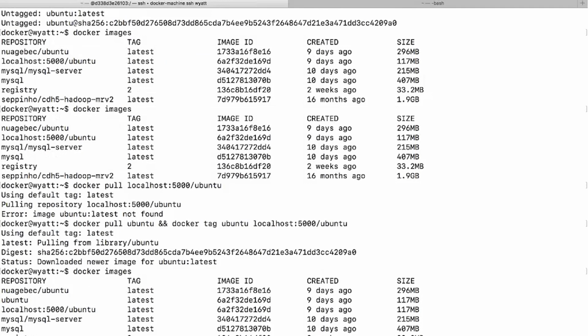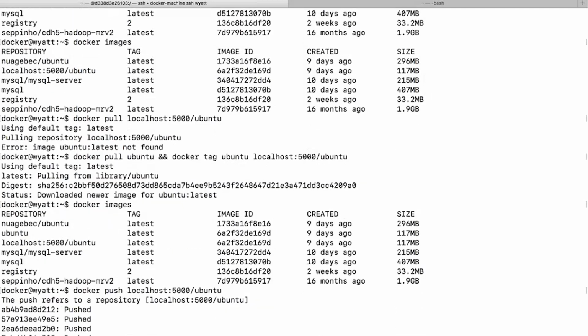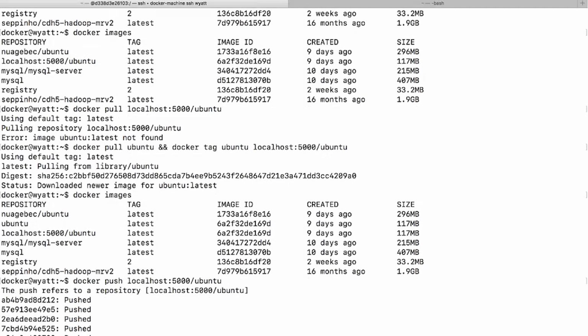So what I'm gonna do from there is I'm gonna do a Docker push localhost 5000 and Ubuntu like that. And it's pushing from my local repo to the registry. So I forgot to push it. Sorry about that. So now that I pushed it,